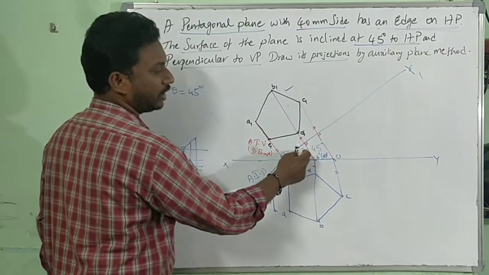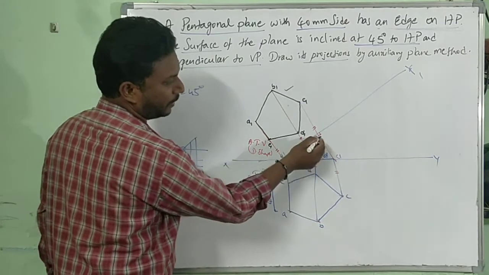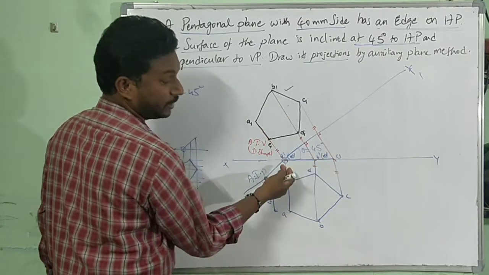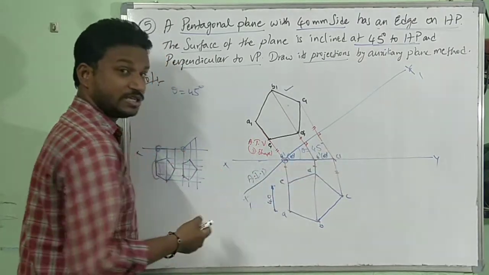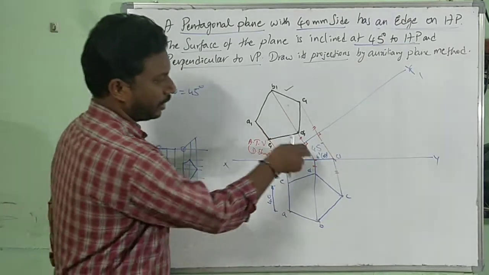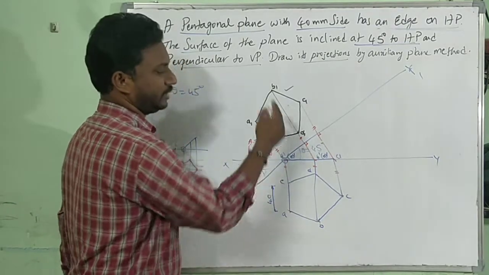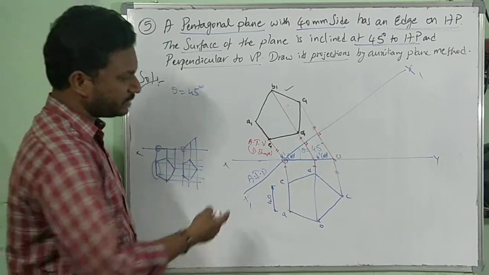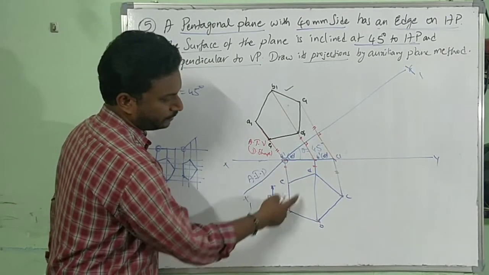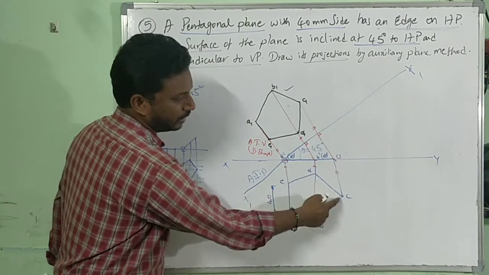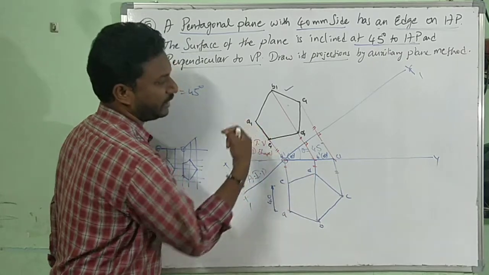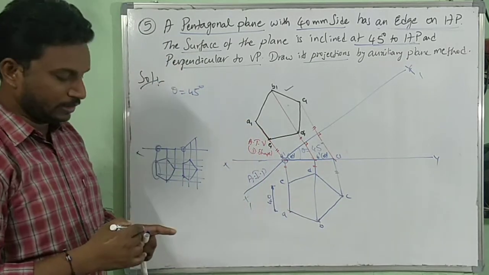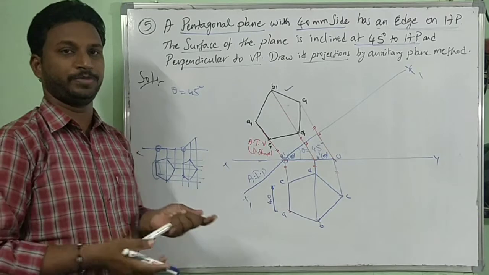Draw theta equal to 45 degrees. Onto that, draw perpendicular lines from the adjacent front view, which is on the XY line. After drawing perpendicular lines, you have to extend them. What length you have to extend means from here to here, here to here, here to here. In between, you have to pick points E and D1. Finally, you will get the diminished shape of the pentagon.